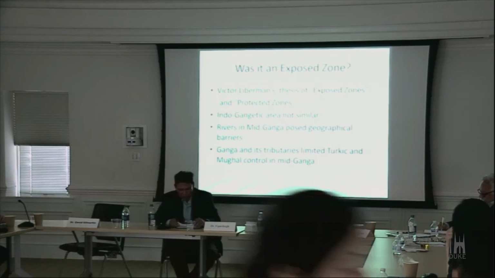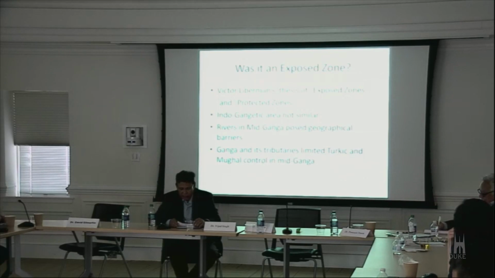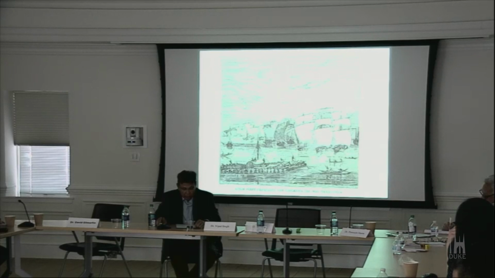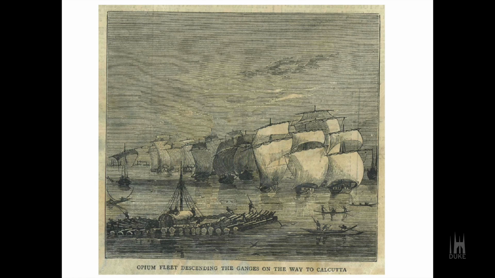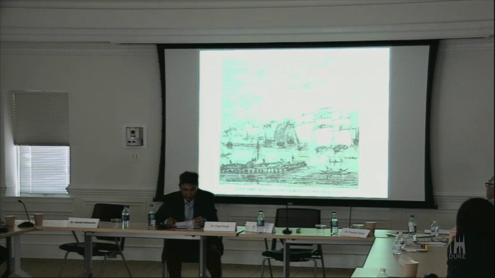This could perhaps partly explain why the Dutch and the English East India companies were later able to acquire trading rights in Bihar from the Mughals so easily. So it was one of the earliest regions where the revenue collection rights were handed over to the British in 1765. Now, you can see all these East India Company ships going in the Ganges.